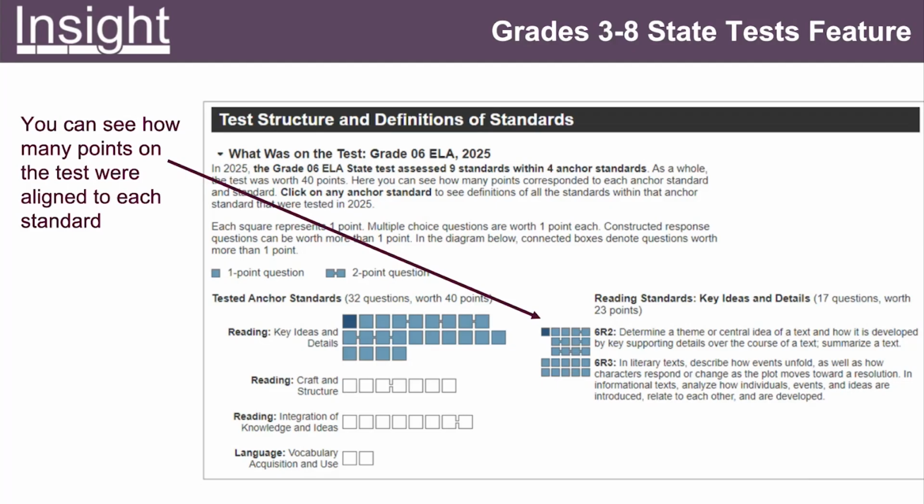So this chart really helps you get an overall background: what the exam was testing, what standards it covered, what those standards were, which standard got tested the most, or which standard or anchor standard was worth the most points. When you're looking at the students' performance data later on, if at any moment you wish to say, okay, what is this standard again? You can always scroll up and remind yourself.